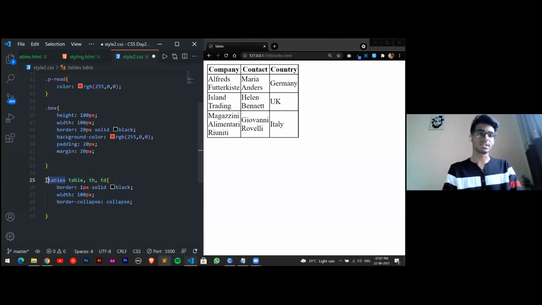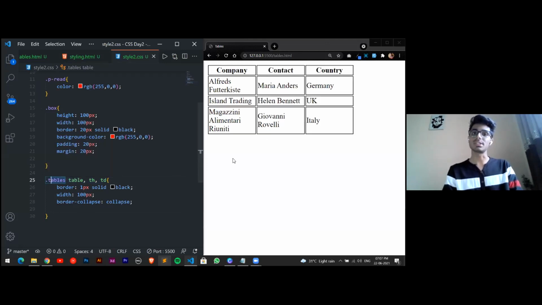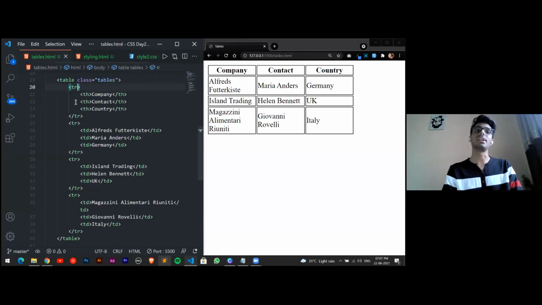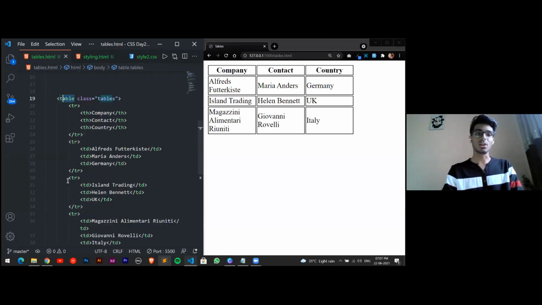So this is another example of selector combination. Here we have used the selector as class and our elements. So we are combining this, and we want this particular table to have the class. As you can see, that happened over here, and it won't get applied to the other table. That's why we have seen gaps over here, and it is not collapsing. So that is a selector combination method.